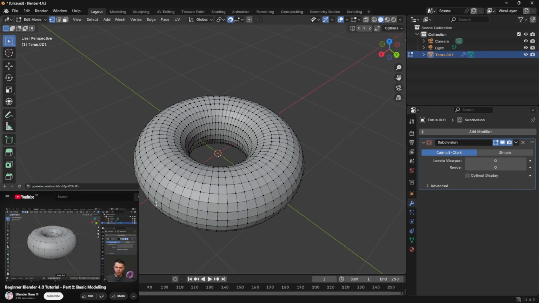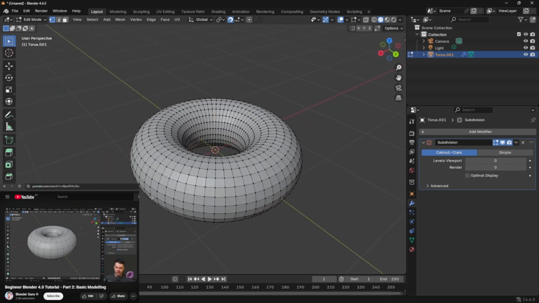Thankfully, there is a tool in Blender just for this, and it's called proportional editing, and you can enable it up there in your toolbar. So if you enable that, now if I